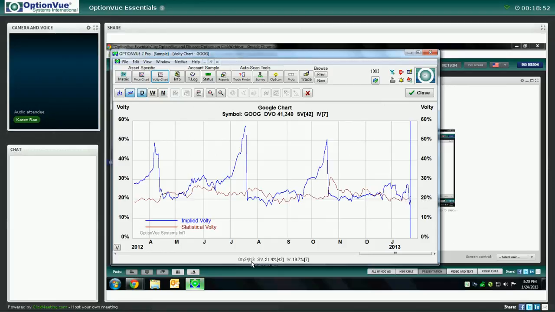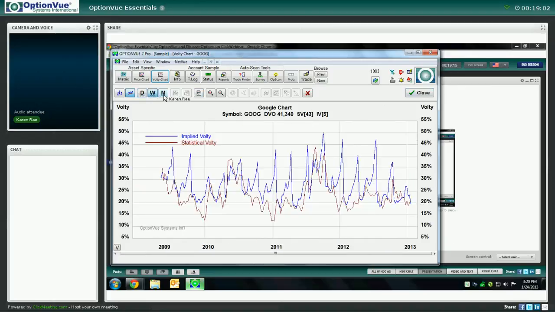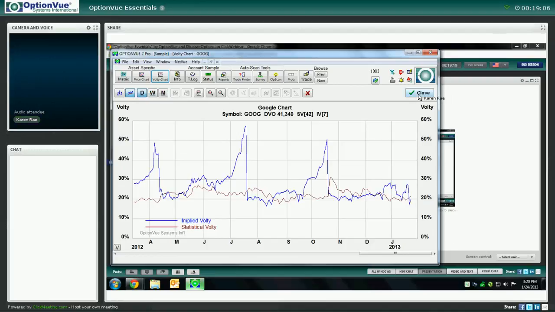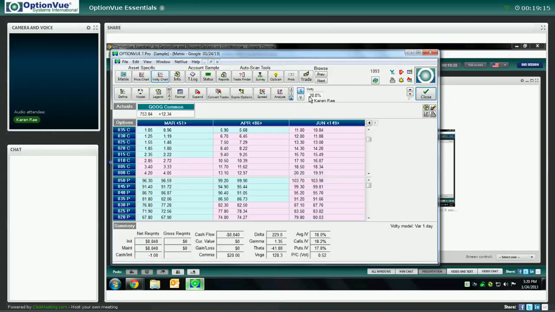So getting back to volatility, statistical volatility is 21.4 on this weekly. I'm sorry, on this daily, because we have daily, weekly, and monthly charts that I can invoke. So we're looking at around, like I said, 21.4 on the statistical. So I can actually change that to 21.4, but before I do, I want to also look at the model,